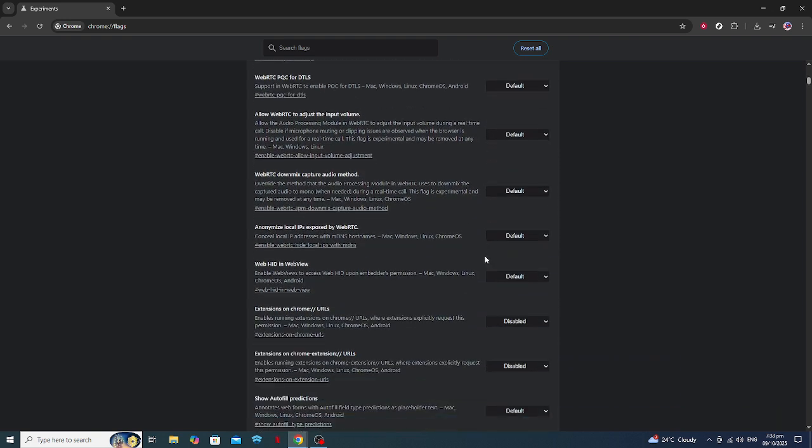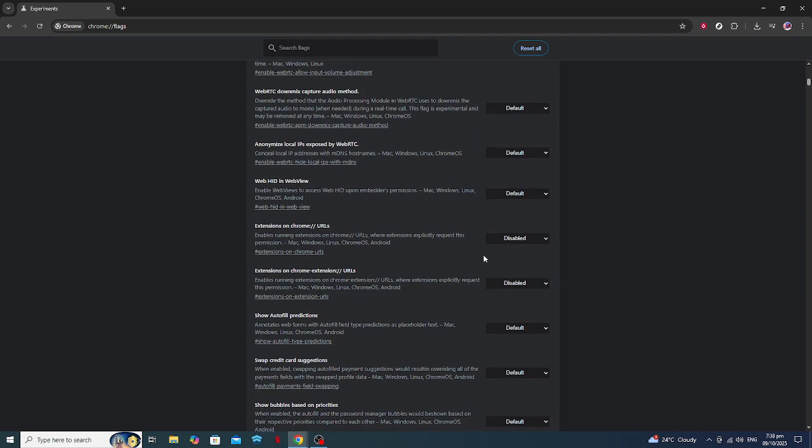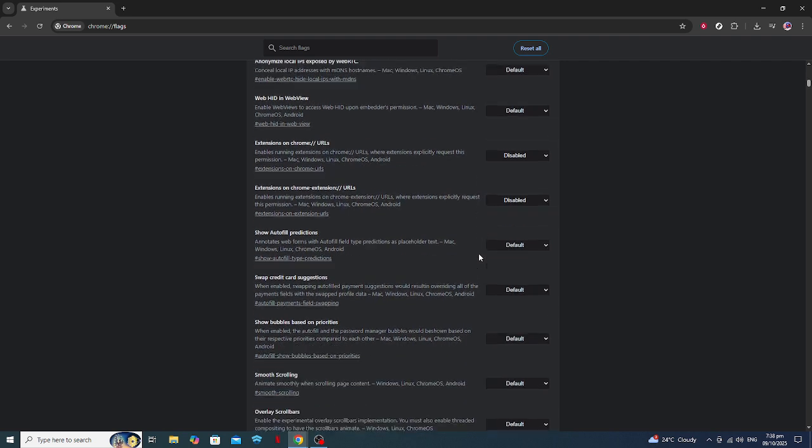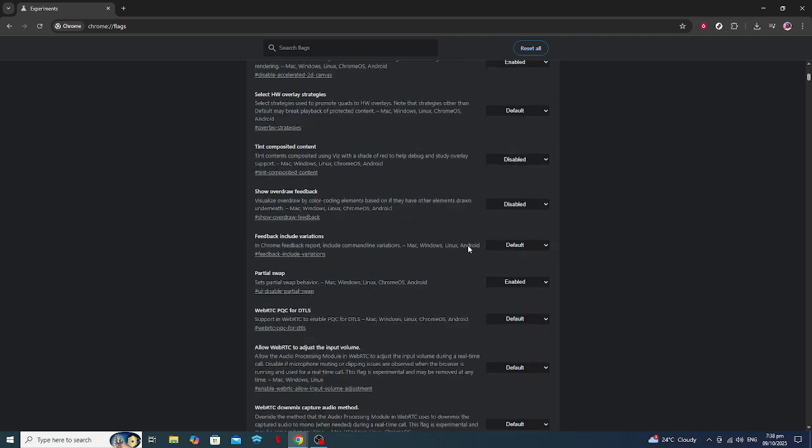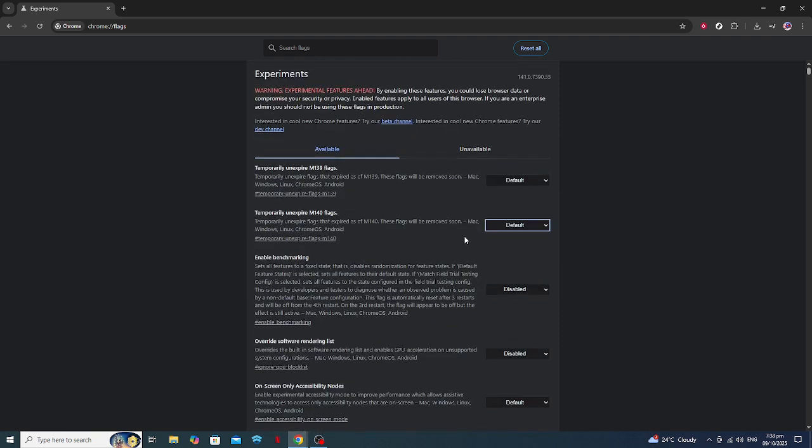In summary, customizing your scroll bars can enhance your browsing significantly, offering a minimalist and distraction-free environment. It's one of those subtle changes that can make a big difference in your daily browsing. Feel free to explore other experimental features in the chrome://flags page to find more ways to optimize your browsing. Now that you've seen how easy it is to manage this setting, you can experiment with overlay scroll bars as you enjoy